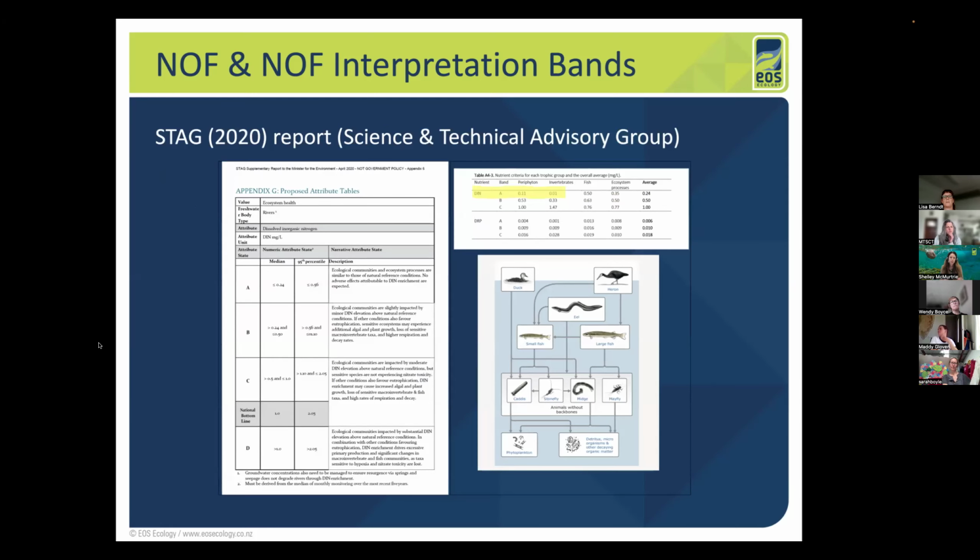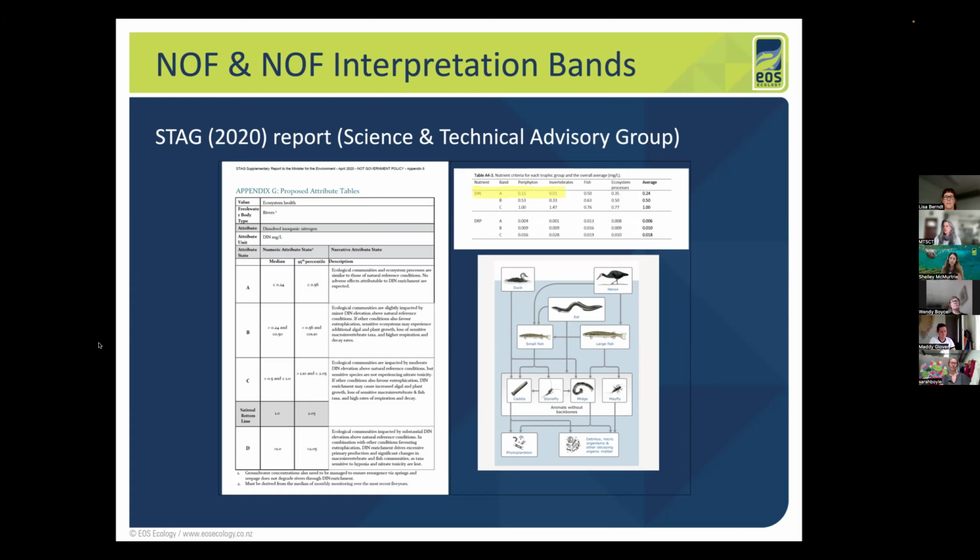So this is some work that was done by the Science and Technical Advisory Group. The STAG group was the group that did the majority of the work around establishing those NOF bands for the Essential Freshwater Program. And as part of that work, they looked into a bunch of other potential attribute bands or guideline values that could be developed for other things that didn't end up making it into the NPSFM NOF criteria,